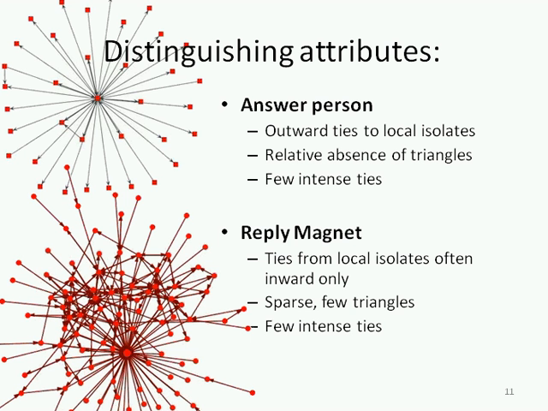So the slide you're now looking at should say distinguishing attributes, and what I want to show you is that answer people are not the only role present in these discussion environments, and that network properties, social network properties, are very effective at illustrating the differences between these roles and add value to our understanding of these social media environments by highlighting a kind of ecology of social roles, a recognition that it takes more than one kind of author to make a community function productively, and that different kinds of ecologies exist in social media spaces. In other words, there are genres of social media.